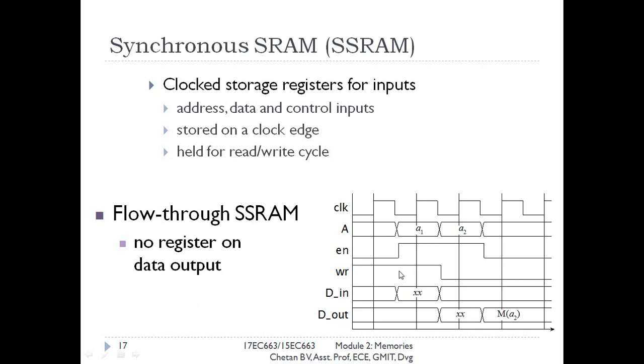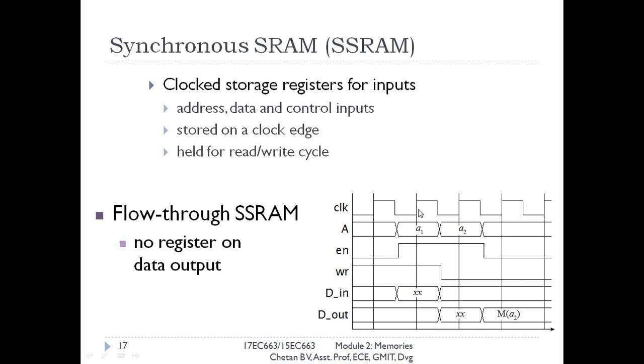You can observe here. This is the first clock cycle. The address A1 is made available on the address lines. Enable, this is like chip enable, means we are activating the component to perform a read or write operation. Initially we are performing write operation, therefore write is 1. This is the data which needs to be written, XX. Data out has some value which we are not concerned with at this time.